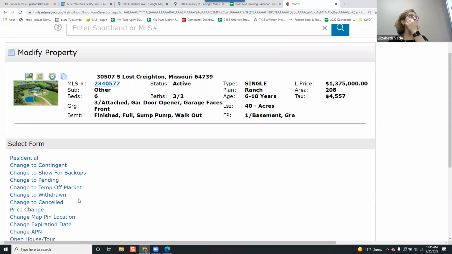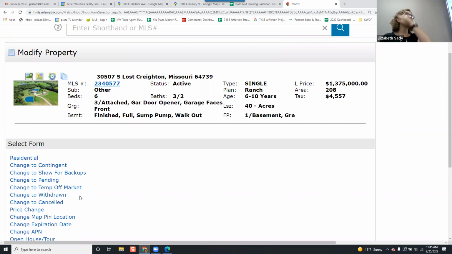The difference with a canceled status. On a canceled status, and there are times where it went on the market and you forgot to change that it was PreMLS for the 7th. And so gosh darn it, you woke up the 7th, but really your sellers aren't wanting to take it live until the 10th. What do you do? I'm getting all these phone calls. The sellers are getting phone calls. People are showing up at their house. If you cancel it,